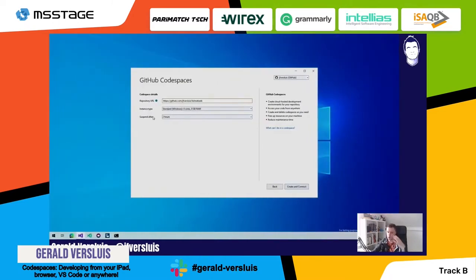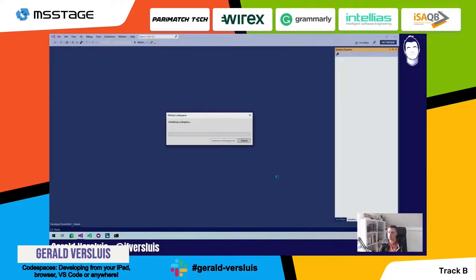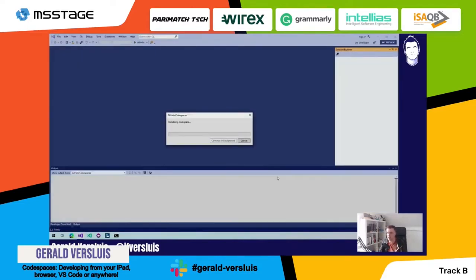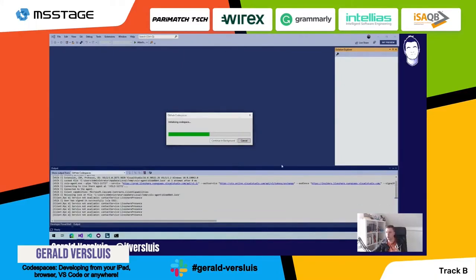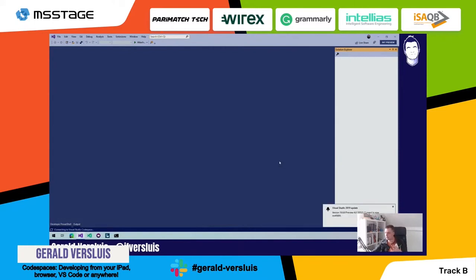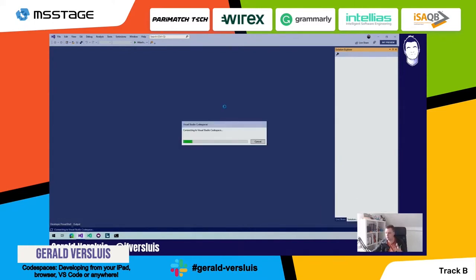Suspend, so you only want to be billed for the stuff that you use, so you can suspend after 5 minutes, 30 minutes, up to 2 hours if you're not using it, so it will shut down automatically. I can just create and connect. So Visual Studio 2019 is a little bit bigger than Visual Studio Code, so this will take a little bit more time, but you will see that it's still a lot less than what you're used to from the full-blown Visual Studio. So actually here it is, it's already loading, pulling down my Git repository, connecting to Visual Studio Codespace,